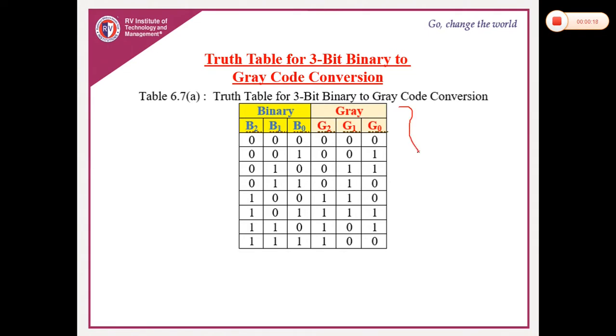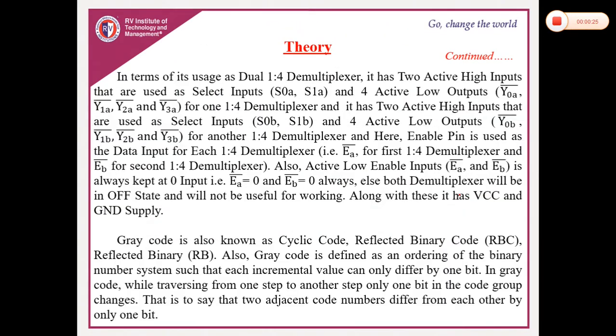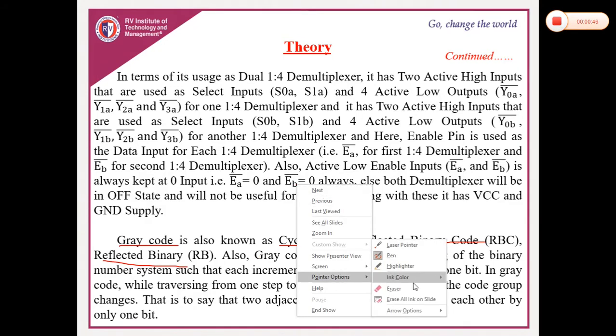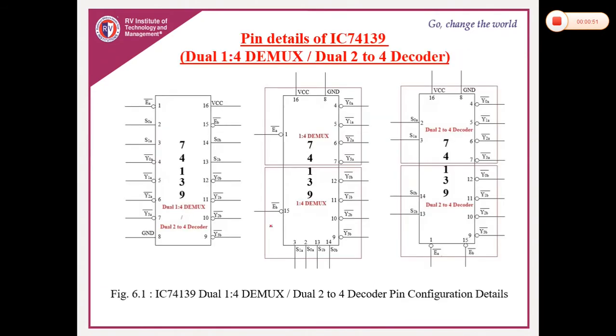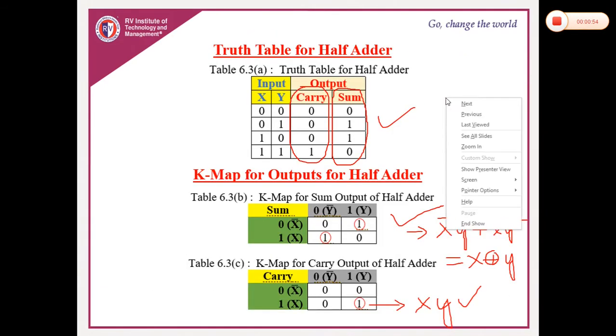We have to deal with two more concepts, that is the code conversion techniques, binary to gray and gray to binary. You can go through the theory part: why gray code, what is the application of gray code, what are the other names for gray code. Gray code is also called a cyclic code, reflected binary code, RBC. Sometimes it is called by different names, and for what purpose this is used, you should be aware. For cryptographic applications, where we encrypt and decrypt things, you can use this. Apart from that, you have a number of applications you should be aware of. Then we'll see